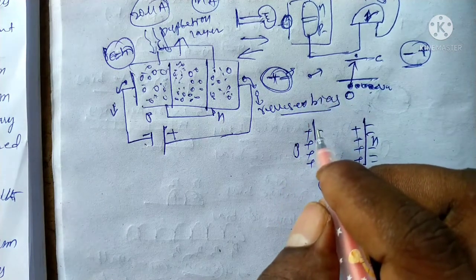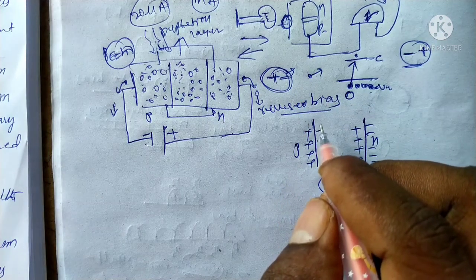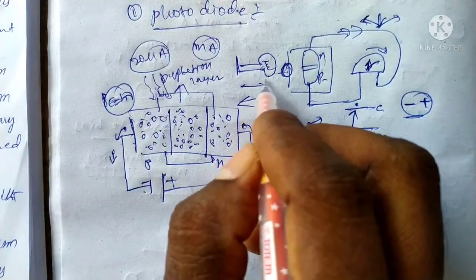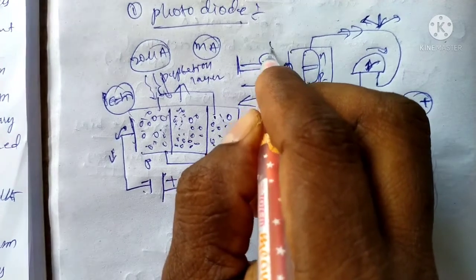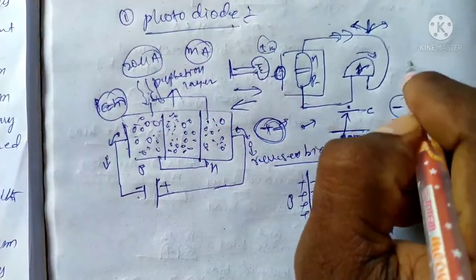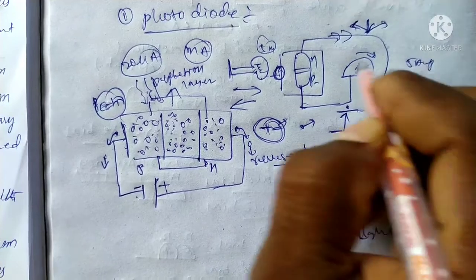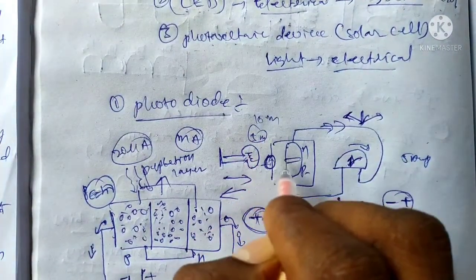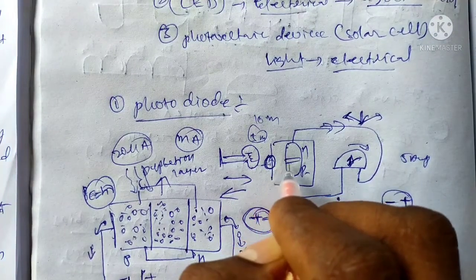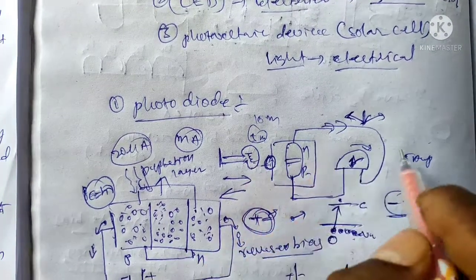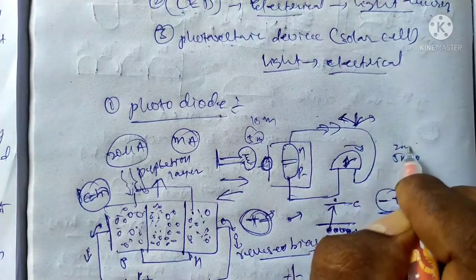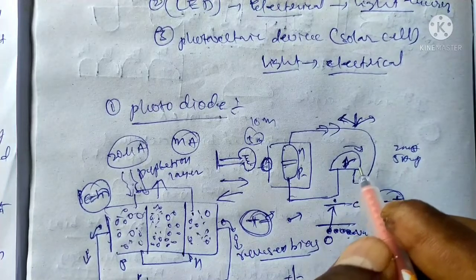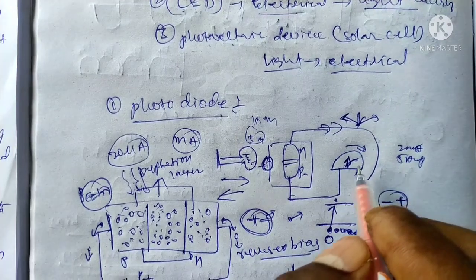The magnitude of the photocurrent depends upon the intensity of the light. Here the intensity is nearest. Suppose at 5 meters distance we get 5 amperes. Suppose 10 meters distance is there between the thin transparent medium or junction and the light, we get only 2 amperes. When the distance is more, the intensity is less, that is, the current is less.